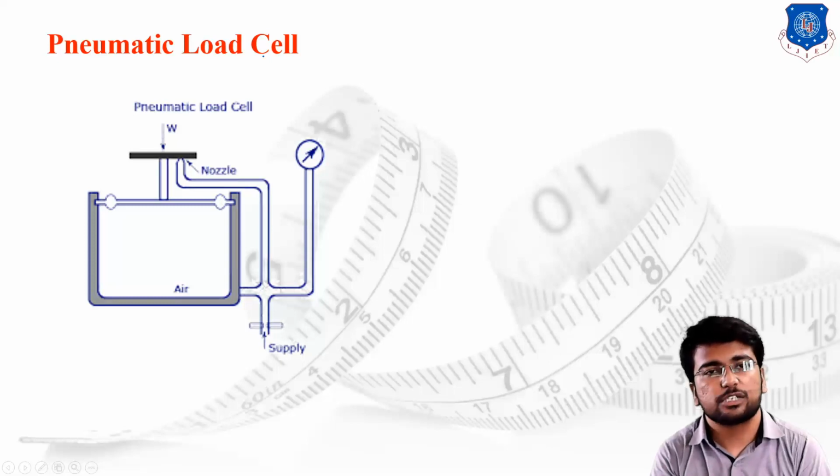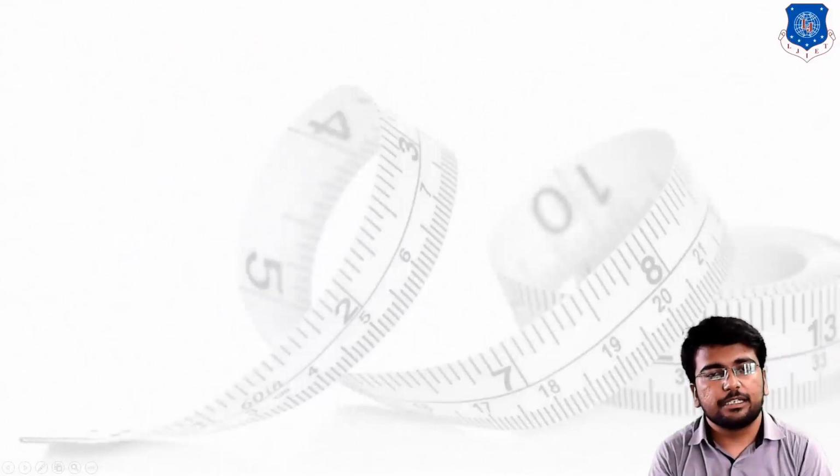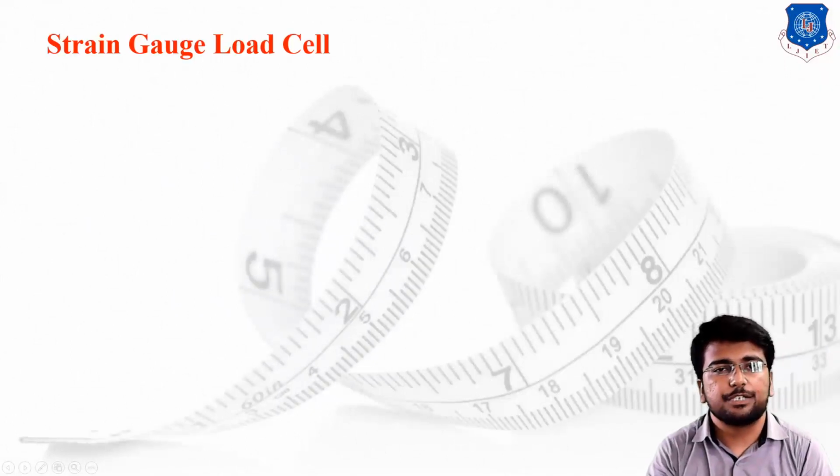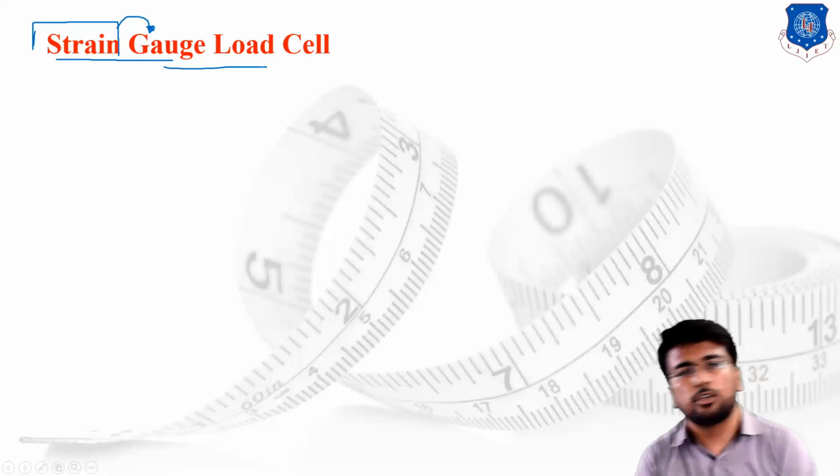We are simply raising the pressure of the oil and liquid directly. So guys, this is the case of the hydraulic and pneumatic load cell and the basic difference between them. The last load cell which we are using in the measurement of force is the strain gauge load cell. As the name suggests, we are using the concept of strain. The instrument used to measure force this way is known as a strain gauge load cell.